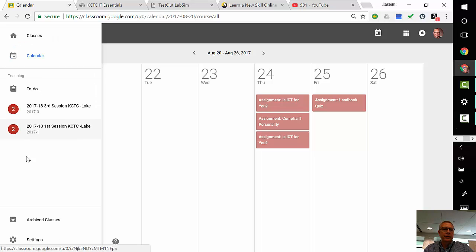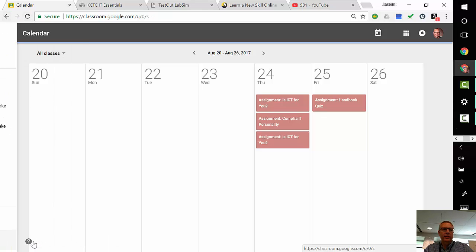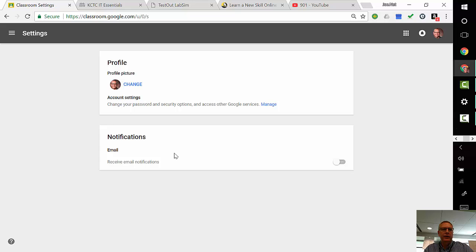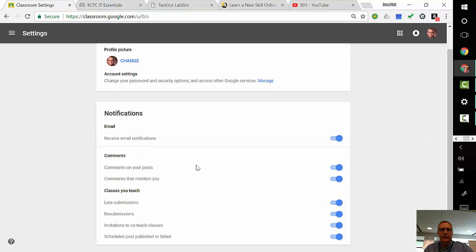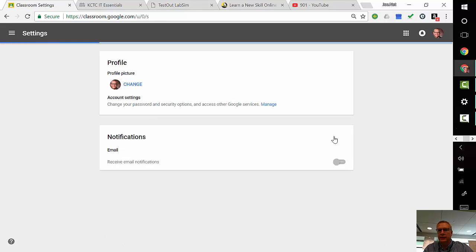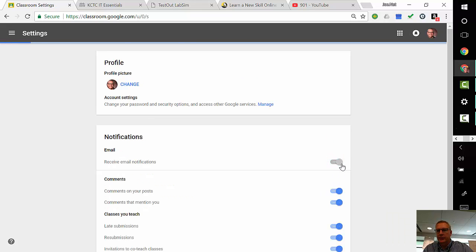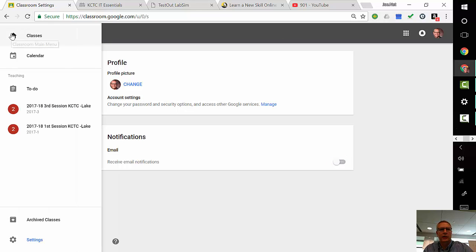So if we go back to the left pane there, go to the little hamburger menu, and click on your settings. You can manage if you're receiving email or not from the Google Classroom. So if you turn this on, you can go through here and manage all of your notifications to the Google Classroom. Some students like to have the notifications turned on, some don't. I know to check the Google Classroom, so I just turn mine off. If you're someone that's missing news, you should leave your notifications turned on. Entirely up to you. So if we go back to the stream,